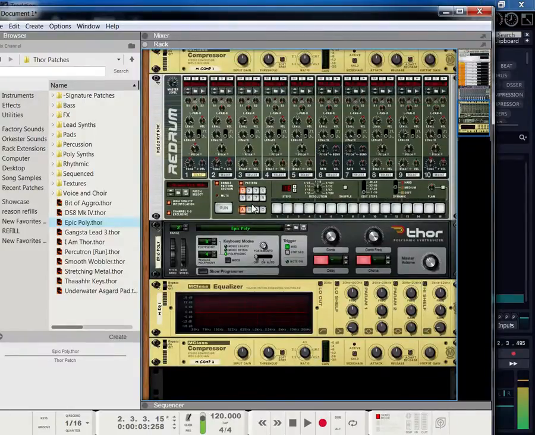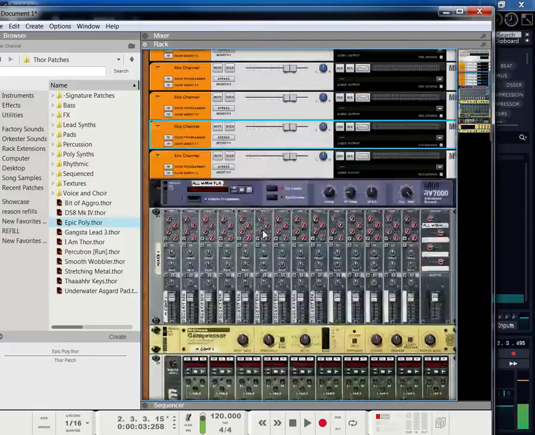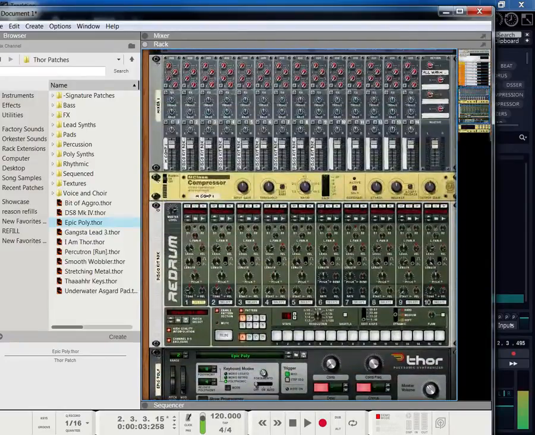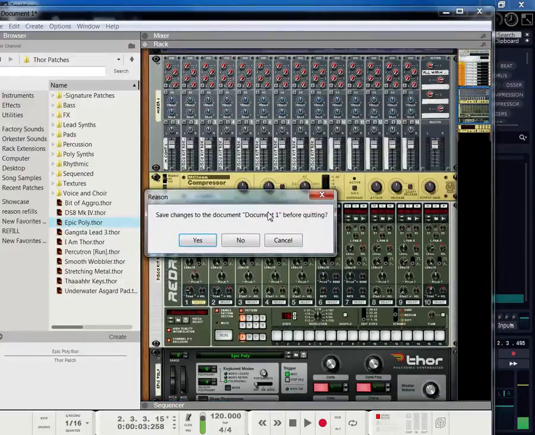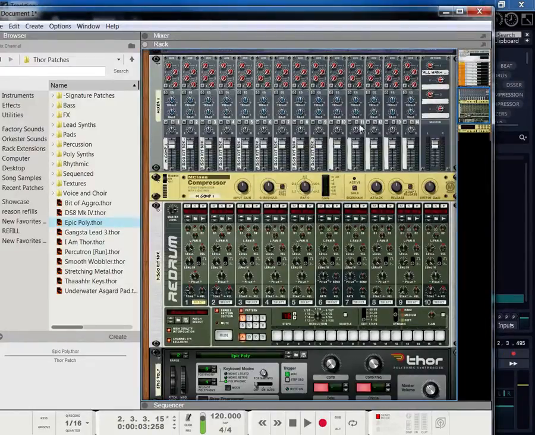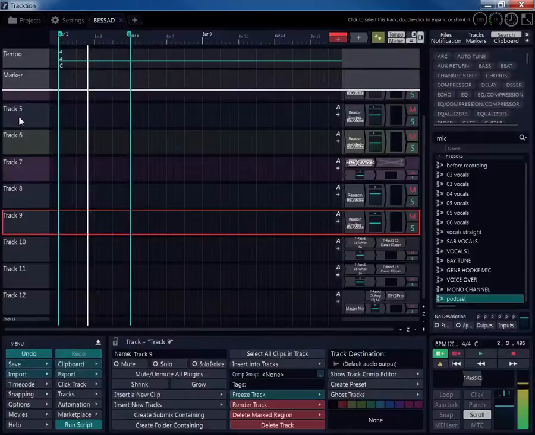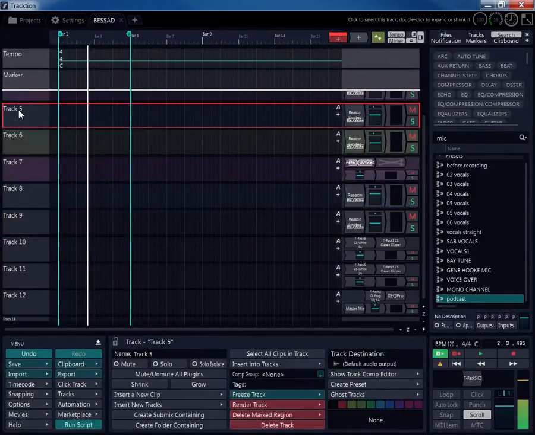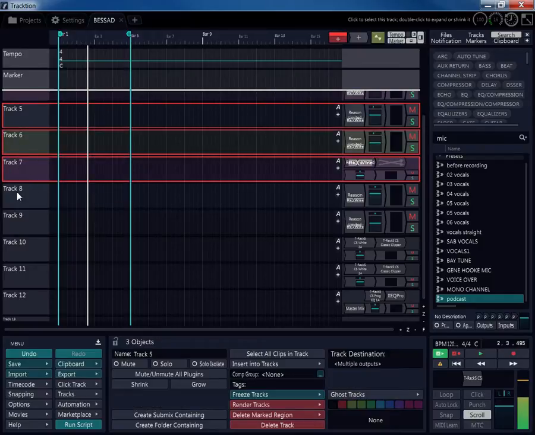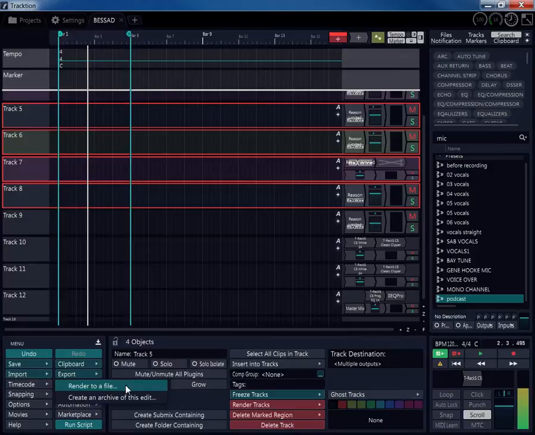So anything that I do inside of here with the Thor or anything, before I walk away from the session, I will have to export everything when I do it on the Reason 8. And how I would do that, I would go to each track that I want to export. So say all these tracks right here I want to export. I select each one. Then I go to export. Render the